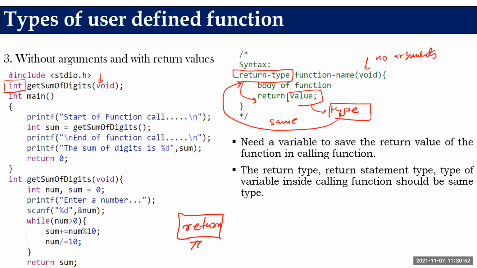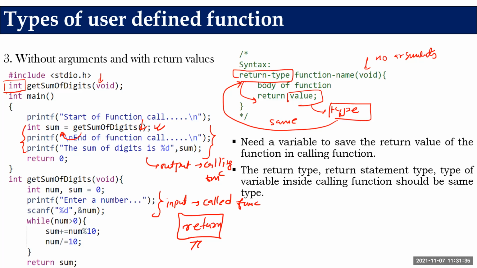So now, no parameter. If there is no parameter, now see what will happen. Input will be taken care of by the called function. So it will return. Output will be taken care of by whom? By the calling function. Same thing. No argument, empty parentheses while calling. Now it returns, so I need an assignment operator to assign the value to some variable inside the main.